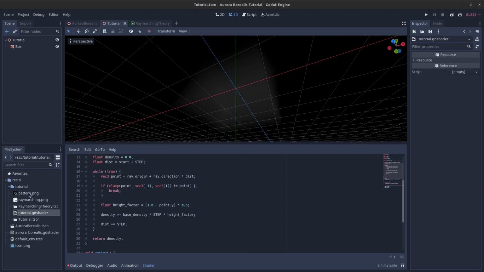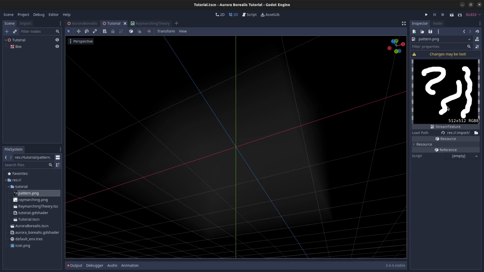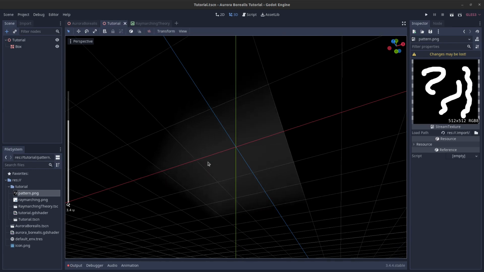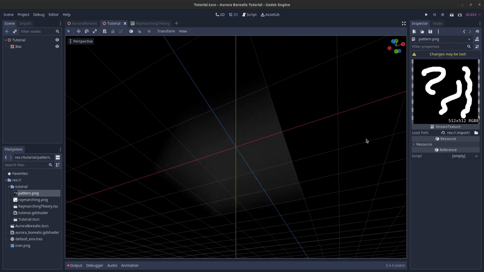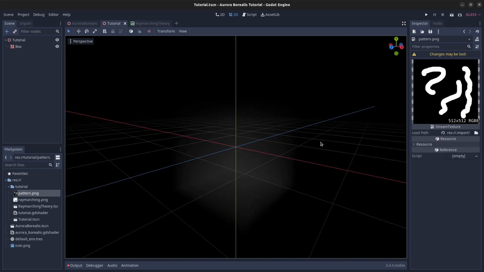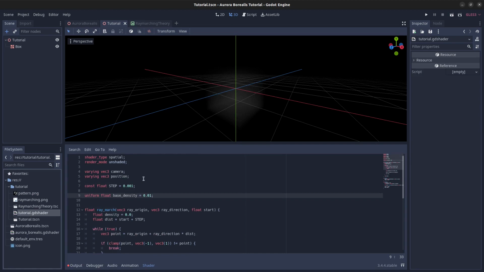I have already prepared a very simple texture just to illustrate another step in this tutorial. The texture looks like this, and what we want in the next step is to have this fog recreate this pattern. So to do that, we need to add another uniform, which is going to be a